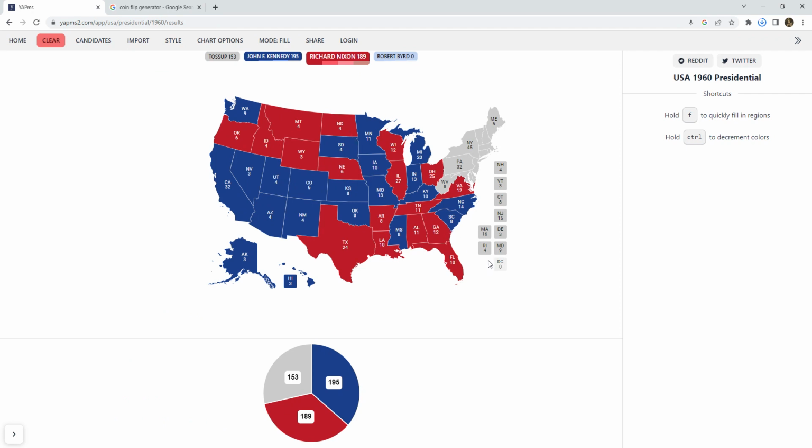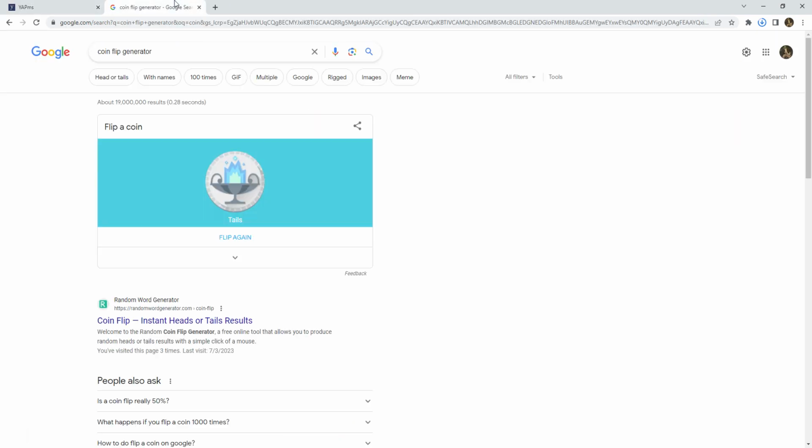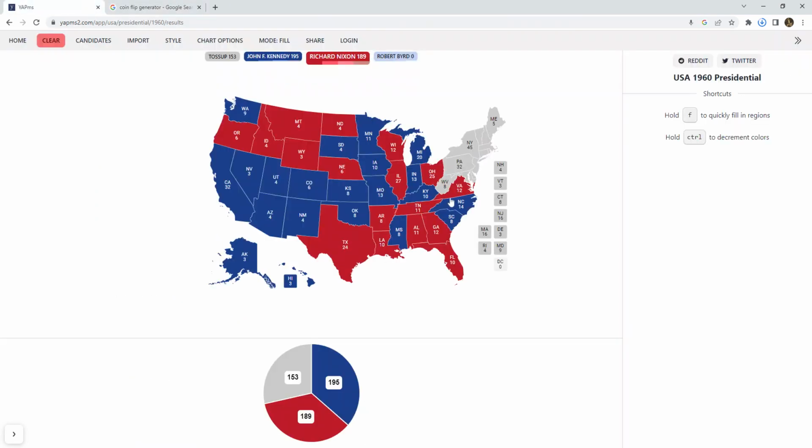Okay. Although I actually forgot, D.C. didn't give electoral votes around this time. I forgot all about that, honestly. So, I wonder if I should just give him West Virginia since I already flipped, or if I should just do it again. Since I messed up there, I'm going to do it again. I'm actually going to go to Maryland next. So what I'll do is I'll give Nixon Maryland, since D.C., I forgot, wasn't doing electoral votes at this time. So I'll give Nixon Maryland since I already flipped.